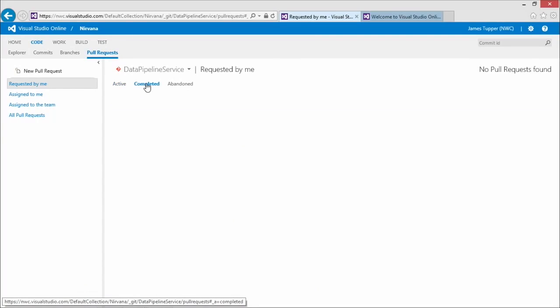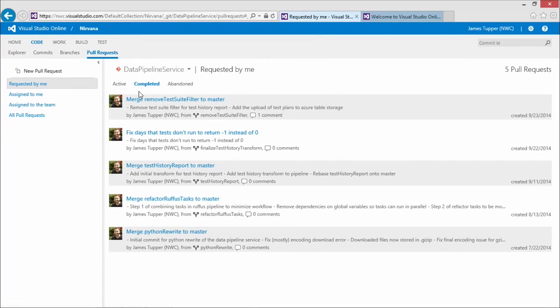James can look at it and then say, yeah, I like that. Go ahead and merge that into master so we can start moving on from that point. Yeah. So let's take a look at one that's actually completed. If I jump here and just hit this completed button, there's all my different completed pull requests, and